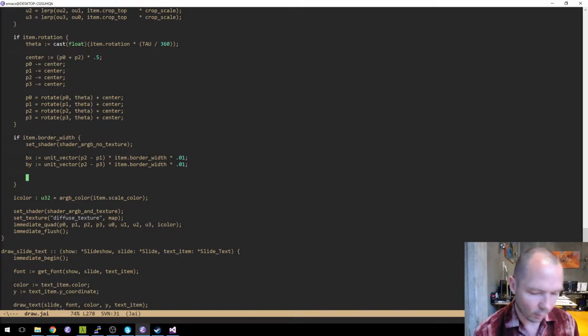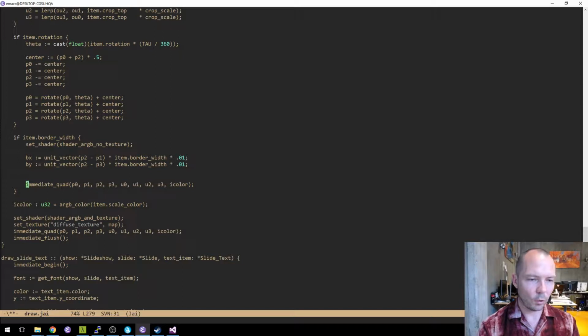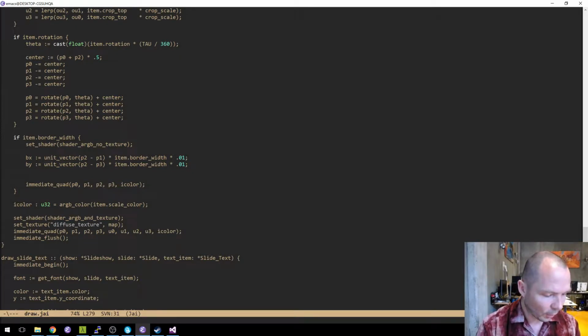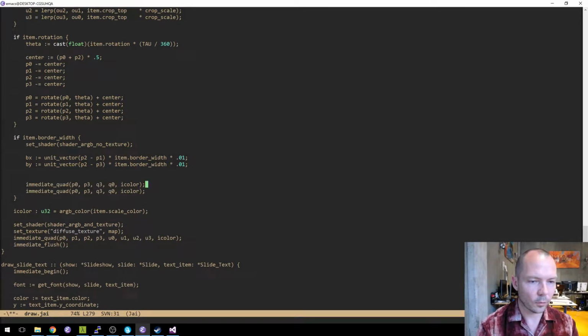So I can do this right now before I even compute what the Q vectors are. I'm going to call a version where you don't supply UV coordinates because we don't have textured borders right now.